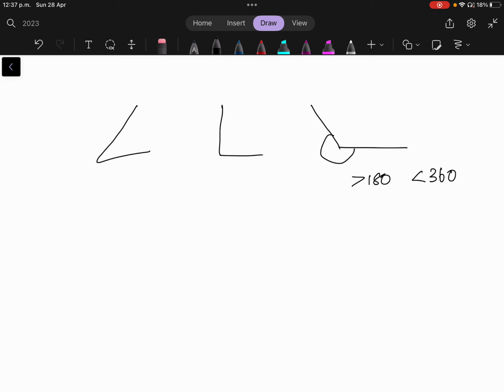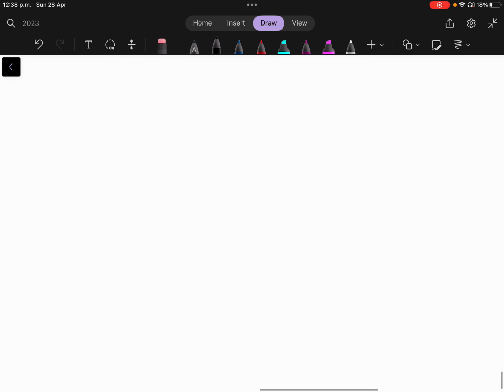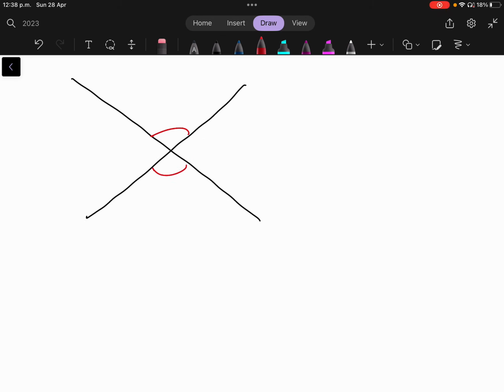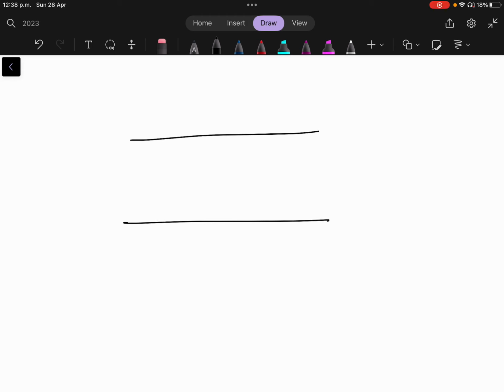And then there's a straight angle here, which is 180 degree, and the full rotation is 360 degree. These are the basic things which we know. Now moving on to two lines which cross like this, this angle and this angle are called vertically opposite angles, and vertically opposite angles will be equal in measure. Now, when you move to parallel lines, if